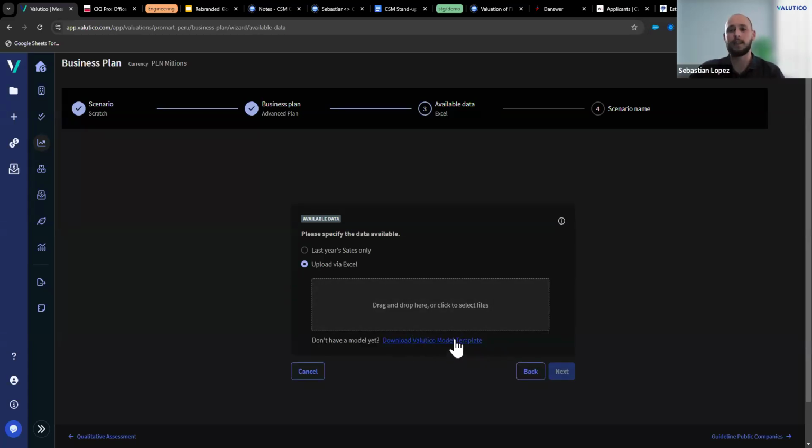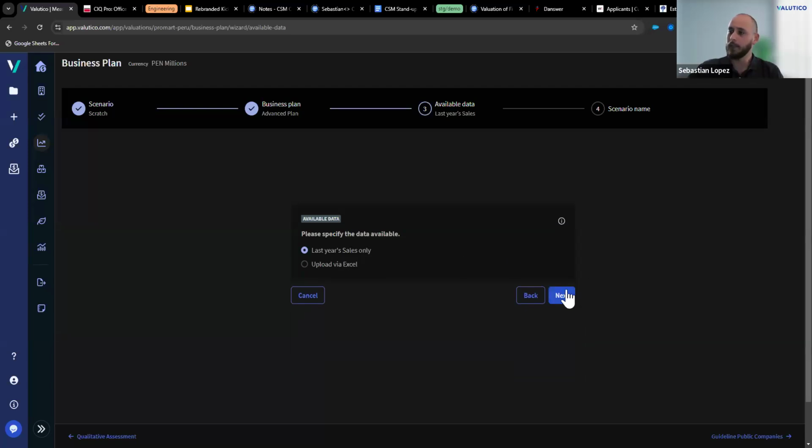That is an export tab. It's an additional tab you need to add to your model and just link the cells, for example, for sales, for costs, and basically do that linking, and you can just upload the Excel file. You can upload partial forecasts as well, or just historical data, so the platform can help you with the modeling. The idea here is that you have a forecasting and modeling tool integrated. In this case, I'm just going to go with last year's sales only, and at the end, you just have